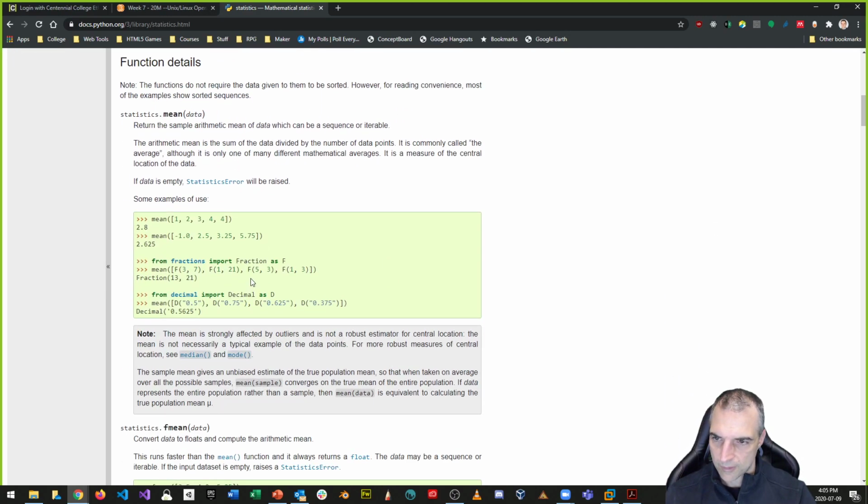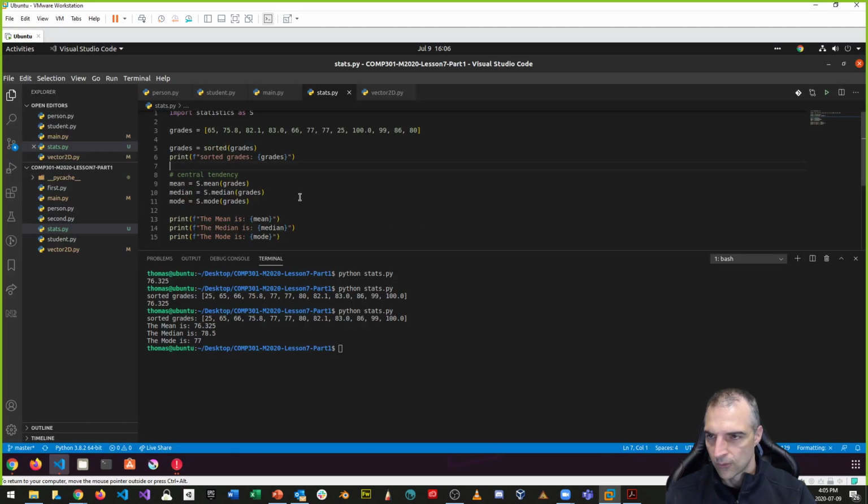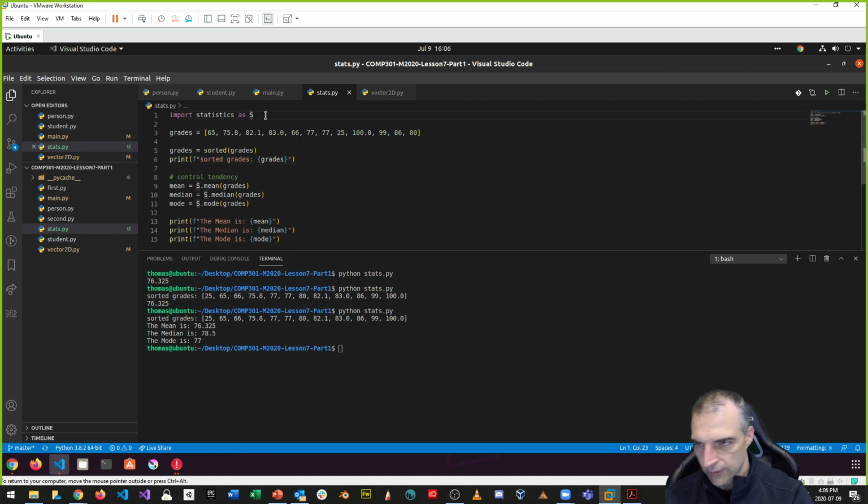And notice that fraction, if I do fraction 3 and 7, and then 1 and 21, and 5 and 3, and whatever. What does fraction do? Let's see what it does, right? So I'm going to do that. I'm going to say import,